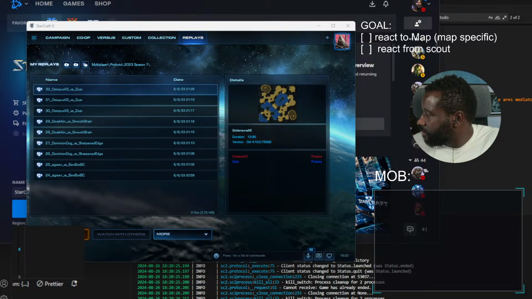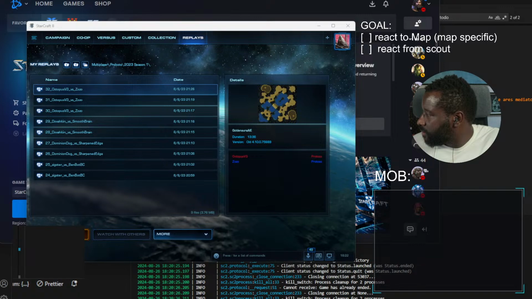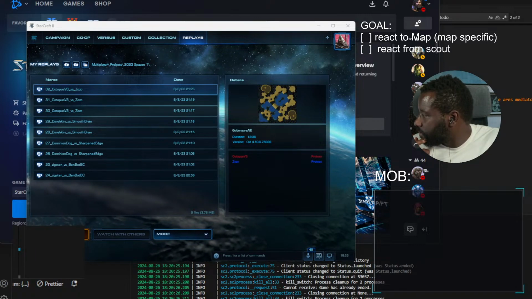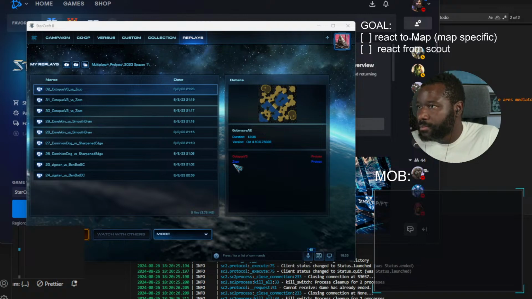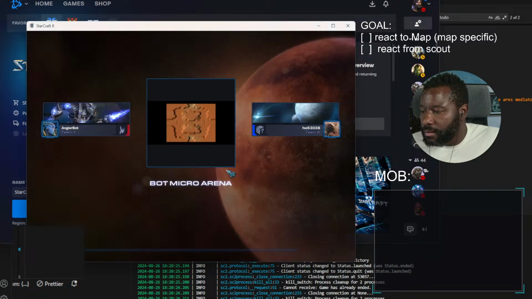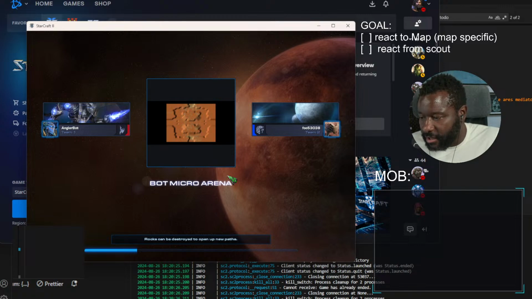You could take the position of the enemy, your position, and the position of the vision blocker, and see if they're in between. If the vision blocker is in between, then you're hidden. And if it's not in between, then you're visible. Like if you're on one side and the enemy's on the other. Ideally, what you want is the enemy to run into the vision blocker, and that way they're